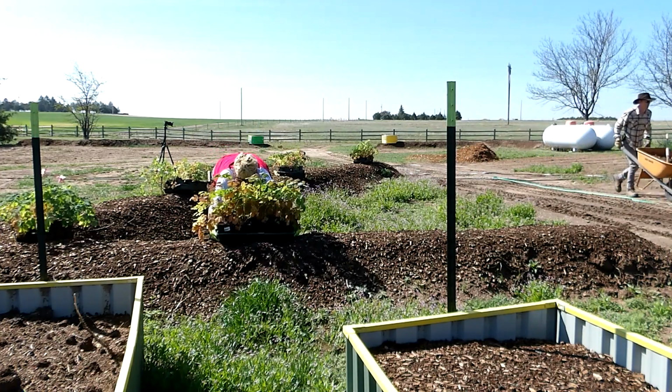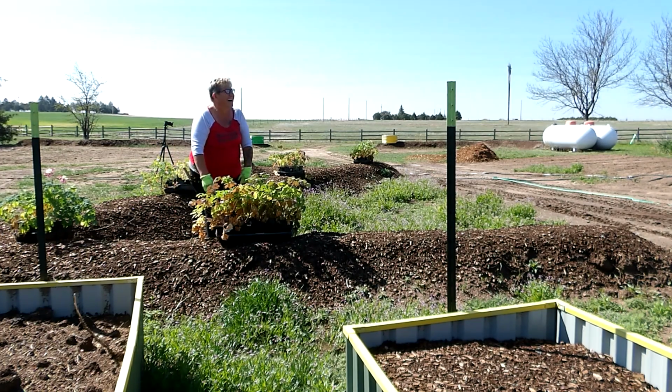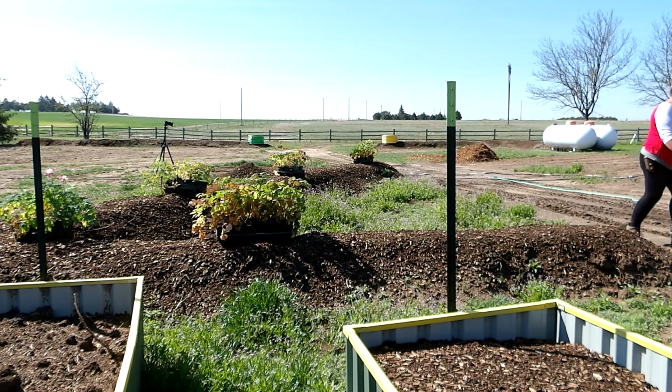I hope we got enough columbines, but I think I've been staring at these columbines for, I don't know what, 4 or 5 months now. They've been in our plant room, preparing to get them in to do this one thing just today. It's kind of silly, but